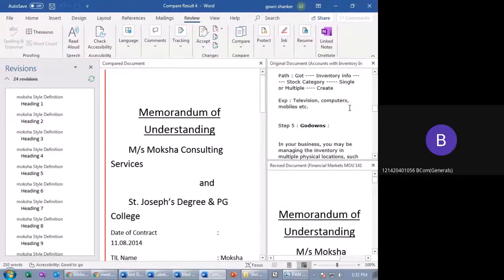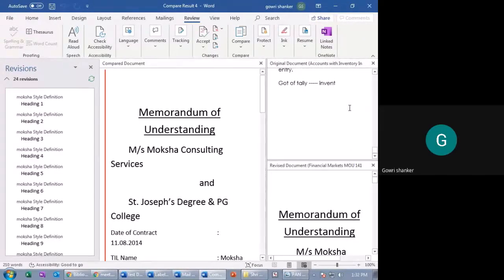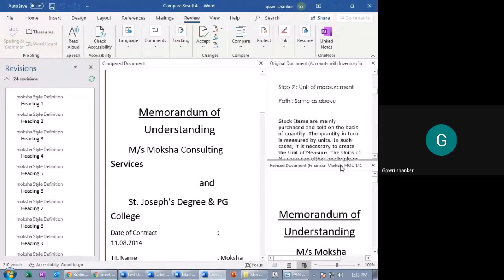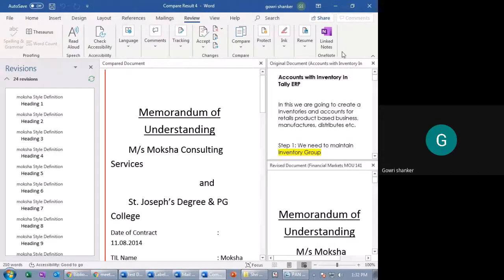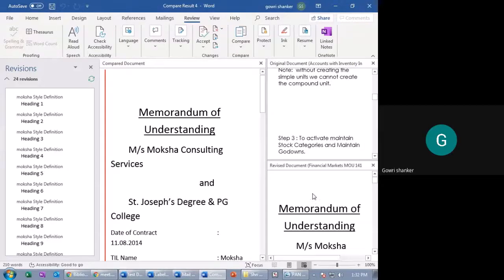It means at a time you can read multiple documents. You are comparing them. This is the original document, this is the revised document. I'm just showing you an example. The same document: once you prepared one document and made some changes, you kept the original, and there is a changed document secondly. You want to compare both, to see what exact changes you made. You can compare by keeping them up and down like this, original and revised document.